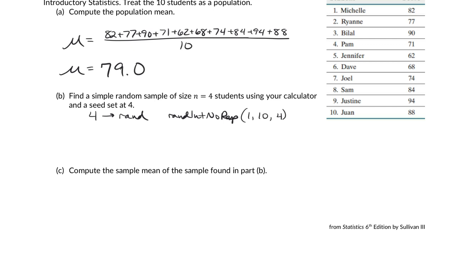And when you pull that, what 4 numbers does it give you? 10, 5, 9, and 8. Should be 4, 9, and 8? No? Is it 5? Yeah. Oh, okay, that means my key is wrong, and that's fine. So we get 10, 5, 9, and 8, which is going to be Juan, Jennifer, Justine,